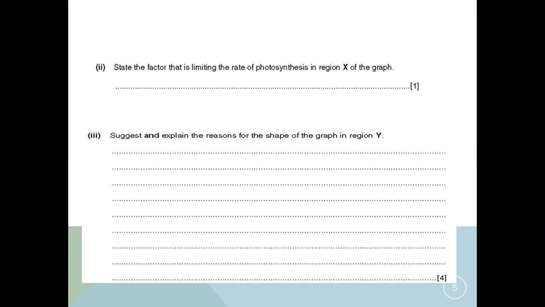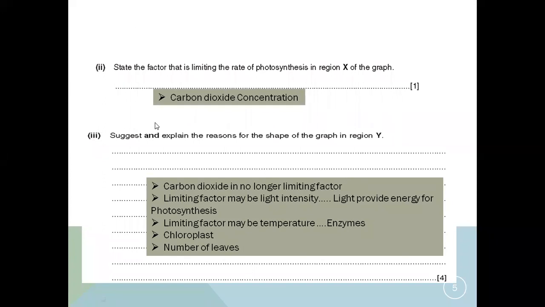Suggest and explain the reason for the shape of the graph in region Y. I discussed this point also. Carbon dioxide is no longer the limiting factor. The limiting factor may be light intensity, as light provides energy for photosynthesis. The limiting factor may be temperature,